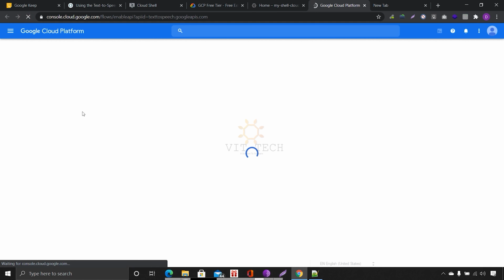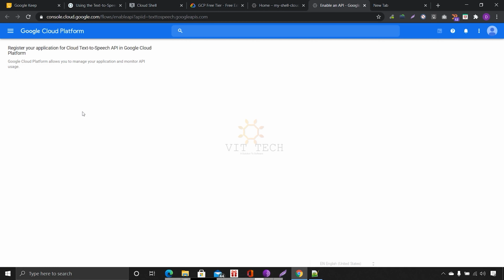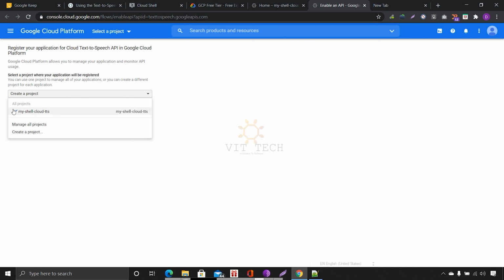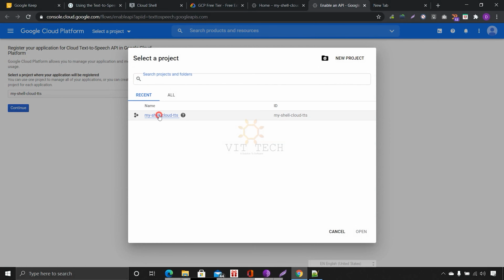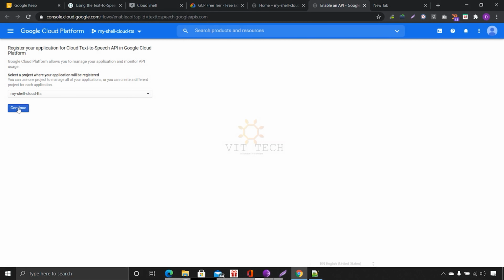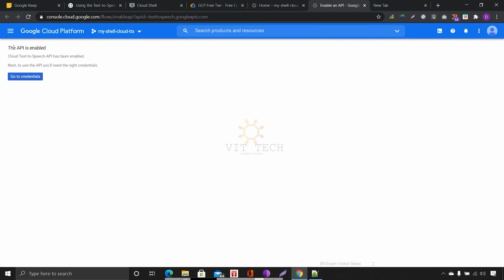It will show the list of the projects we have created. You see here My Shell Cloud TTS we created. Select it. Here also you can select My Shell Cloud TTS and then click continue. Now you can see the API is enabled.